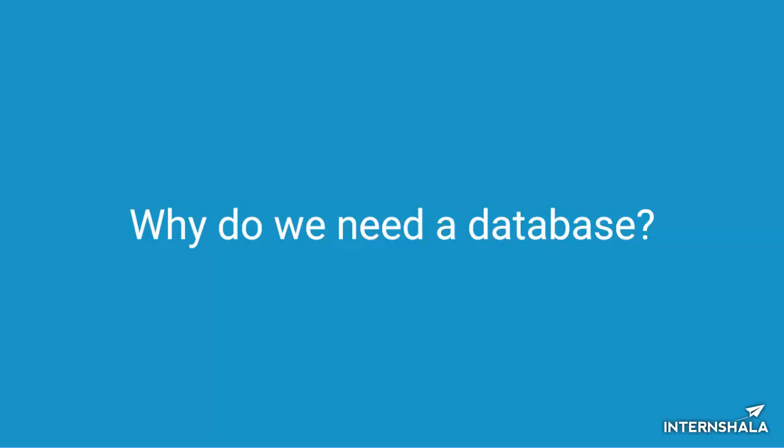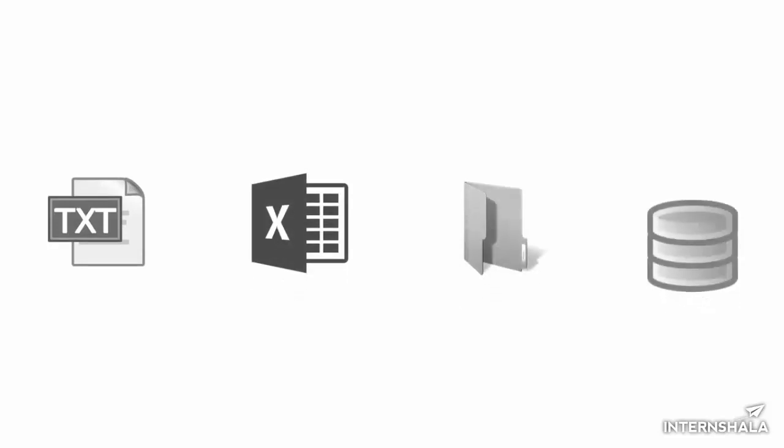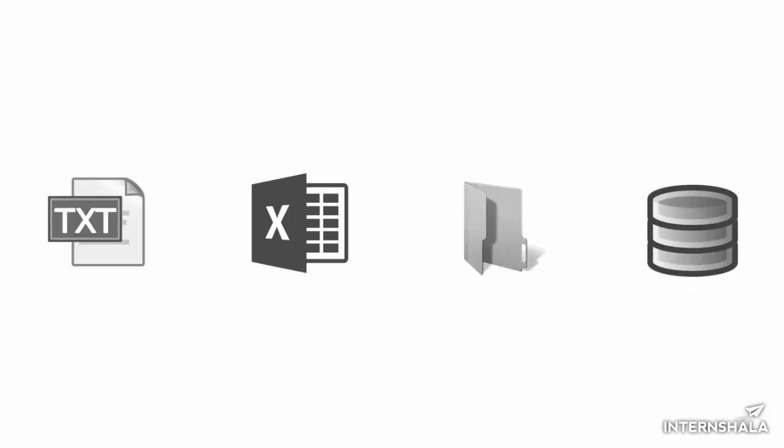In the previous lesson, you learned what is a database and what are different types of data. Why do we need a database? This question must have crossed your mind. Well, the answer is simple: to store our data. We can store this data in text files, spreadsheets, folders, or database management system. With a simple example, let us understand when to use which kind of storing tool and why.